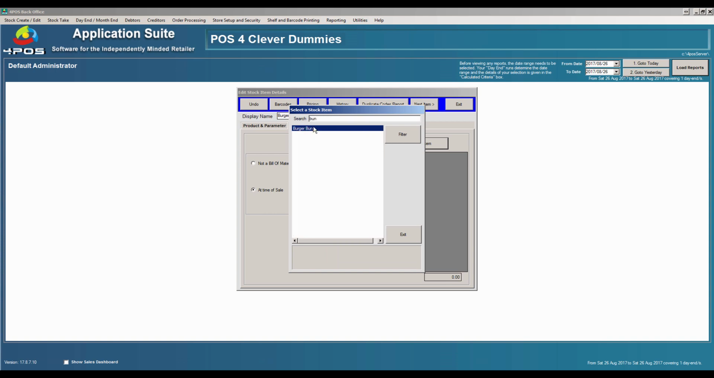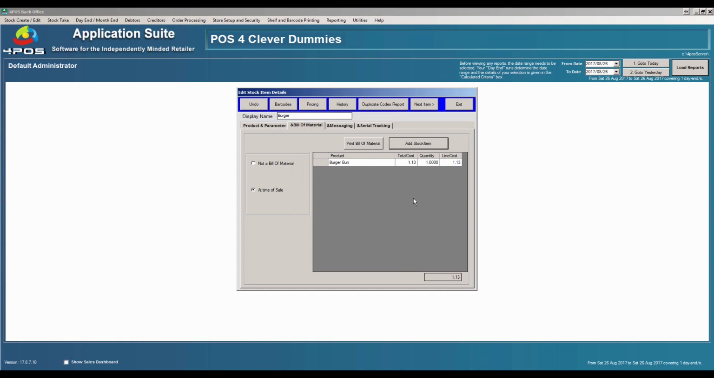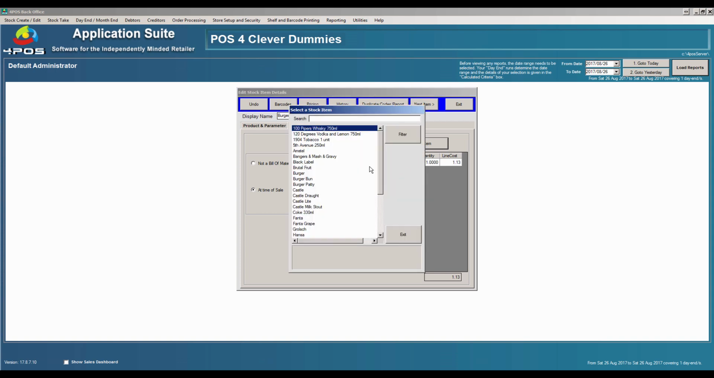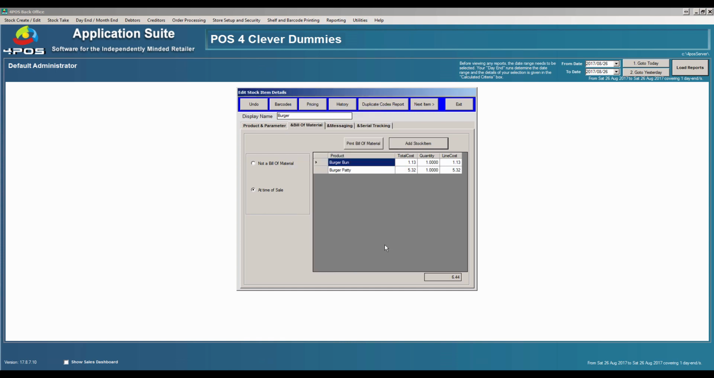And yes, I've got a burger bun, and the quantity is one. Obviously, one burger bun goes in there. And I want to also add some patties. Alright, so there's a burger patty, and I'm paying 32 Rand for a patty. That's quite expensive. I don't even know if that's realistic or not, but let's take that,